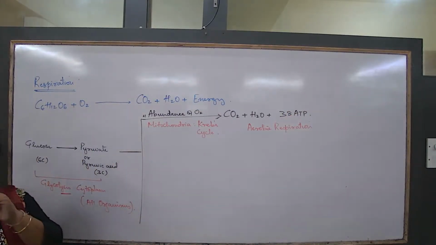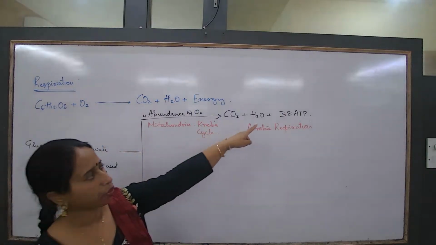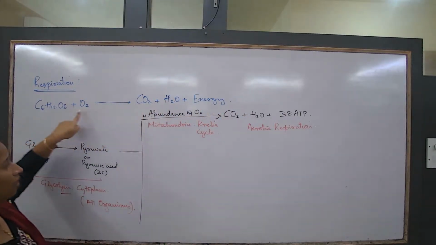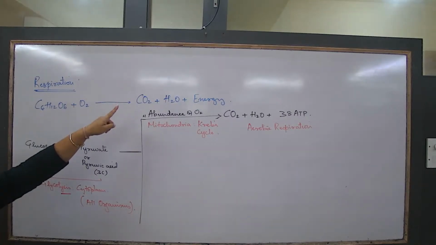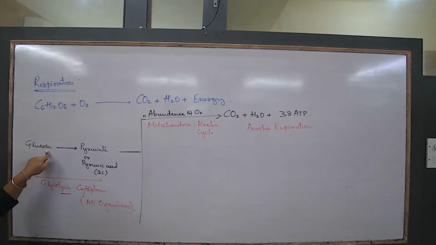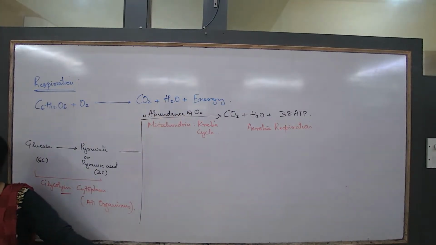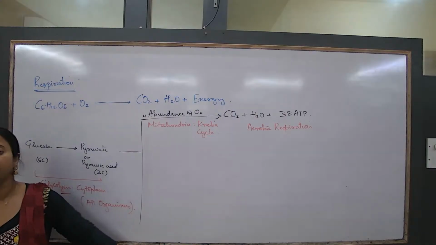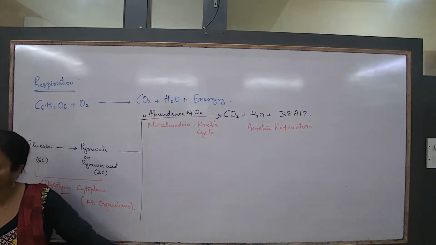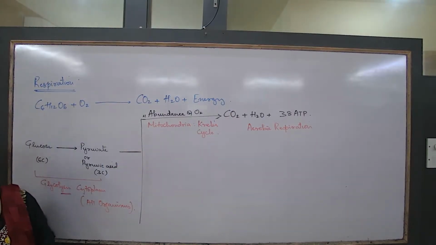What is aerobic respiration then? Breakdown of glucose to carbon dioxide, water and energy. This is the skeletal equation that we had written down, and this is the breakup that I'm talking about. So breakdown of glucose to carbon dioxide, water, energy is called aerobic respiration. What are some examples of organisms belonging to this category? Birds, reptiles, humans, insects, plants, all are these type of organisms.